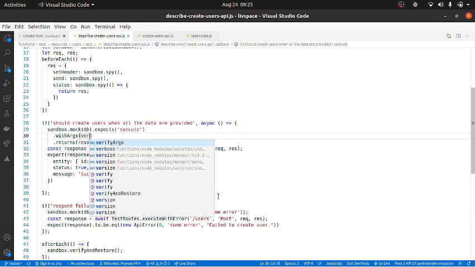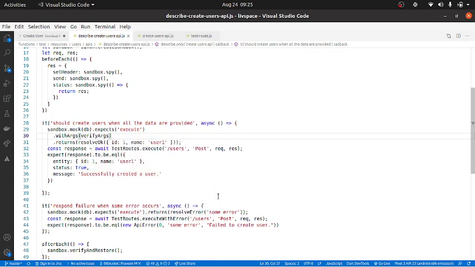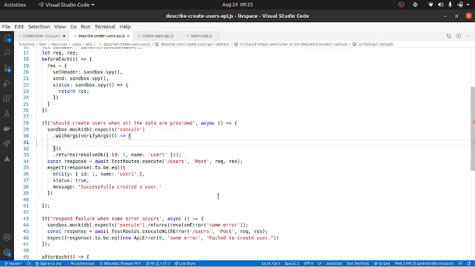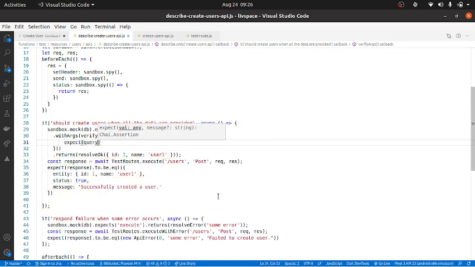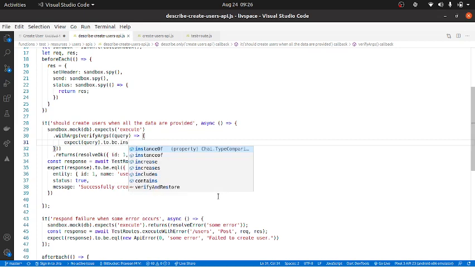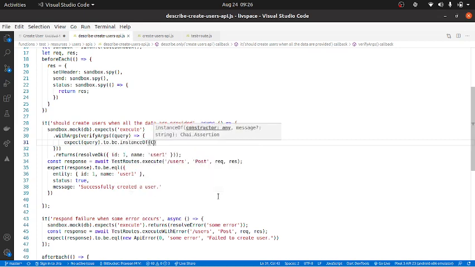So with args, verify args, and let's look at what is the argument that we are going to get. So this is the query that will be executed. Now we expect query to be instance of, let us say, create user query.